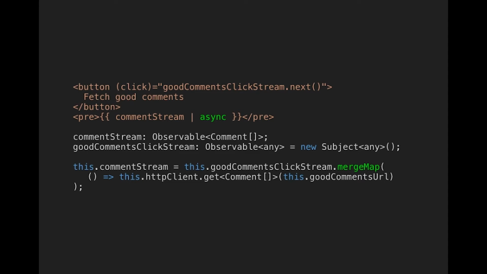Every time someone clicks on a button, an observable will emit a value. So that's what we do here. We introduce the comment stream observable. But then, for every value emitted by this click stream, we want to go to the server and fetch some data.